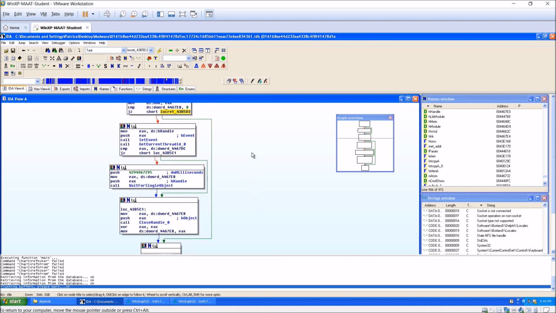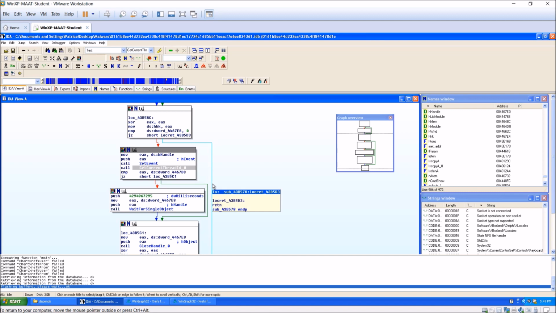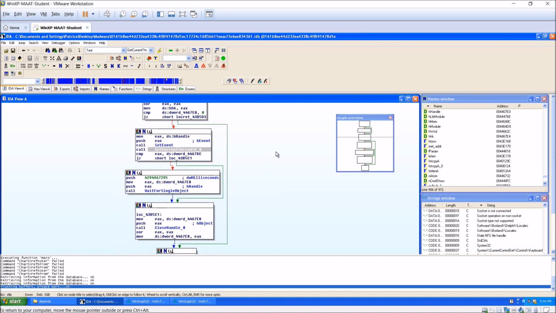If not, you will call the functions SetEvent and GetCurrentThreadId. I will not explain this function because it's not very relevant. After which, there will be another compare. So if the zero flag is set, you will move to location 43B5C1, which is here. If not,